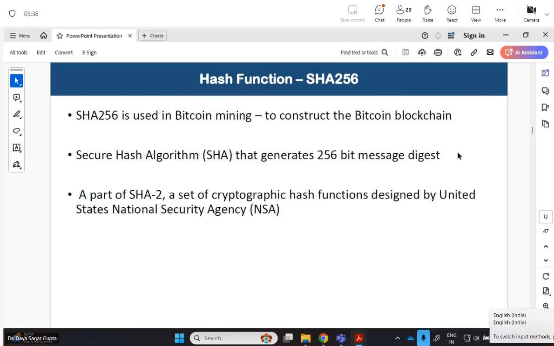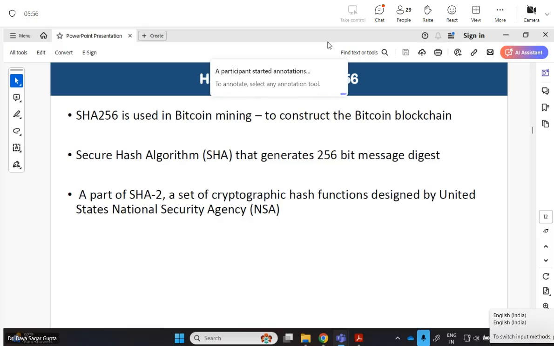Why are we going to discuss this SHA-256? Because this is going to be used in Bitcoin. Basically, SHA-256 is a hashing algorithm, and the full form of this is Secure Hash Algorithm 256. What 256 represents, it just represents the